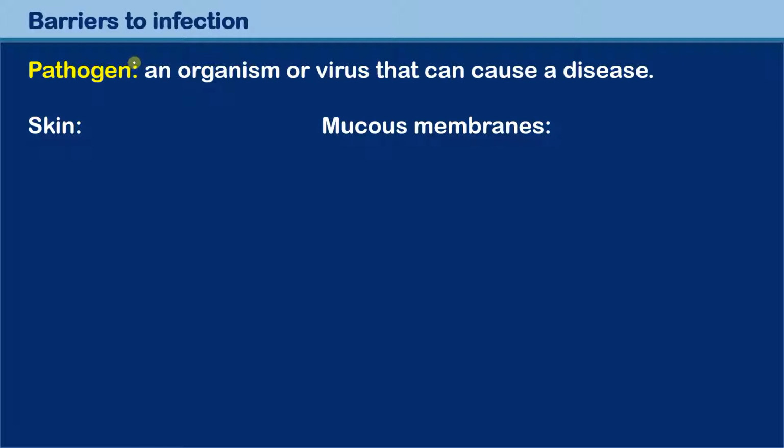The body wants to protect itself from harmful infections, and there are two main ways in which it does that: by the skin and by mucous membranes. First, the body has to take care that these pathogens do not even enter the body in the first place. And the skin is a very important protective outer layer because it is too tough to allow pathogens to